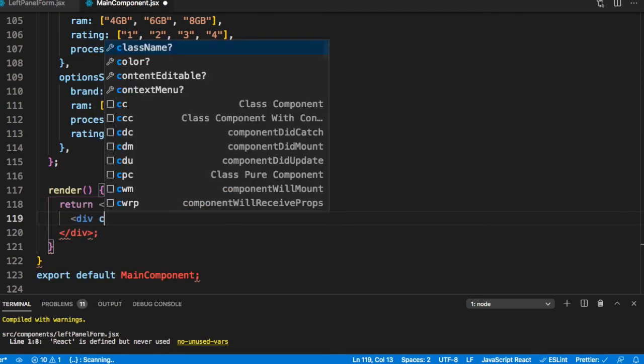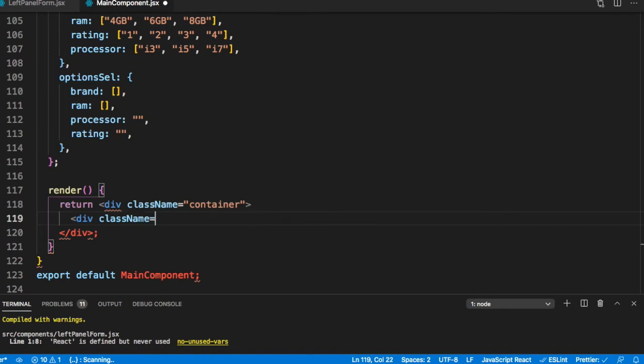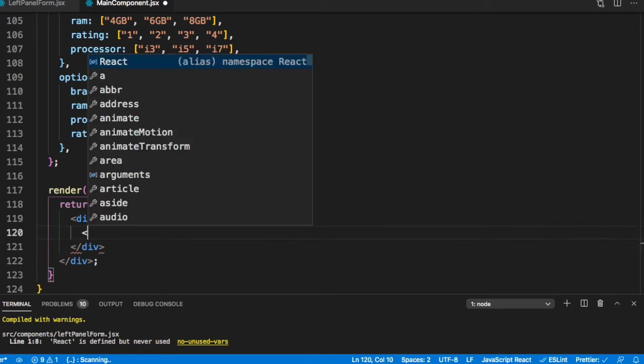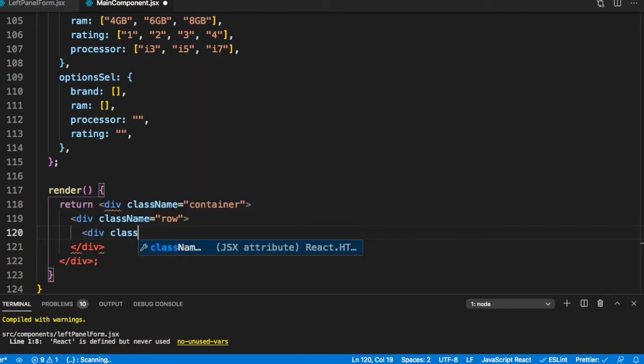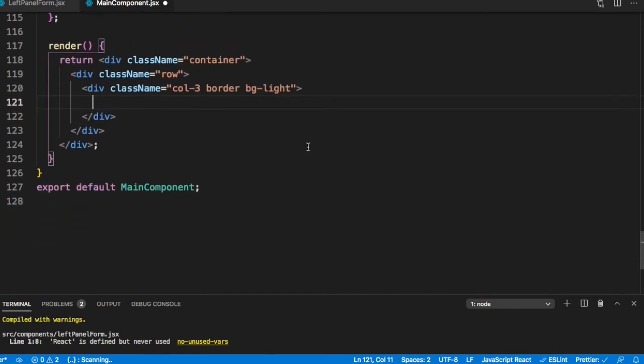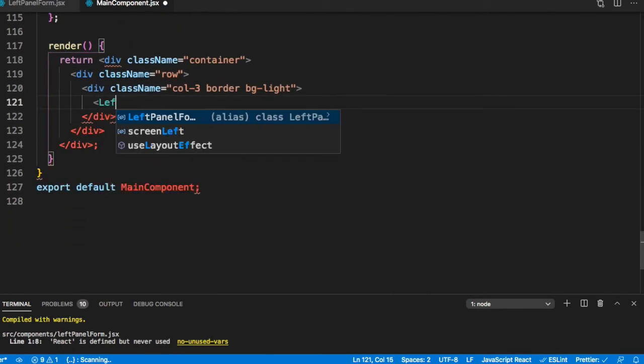Let's make a row, and within this, let's say div className is equal to col-3 border bg-light. So this would be our left panel, and we would show the form here. So we can just say LeftPanelForm.